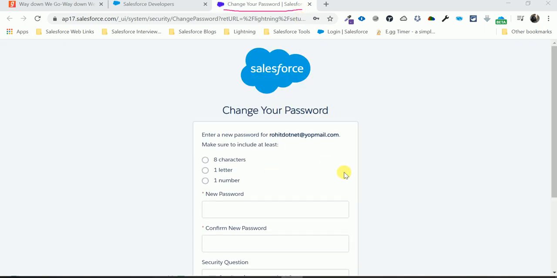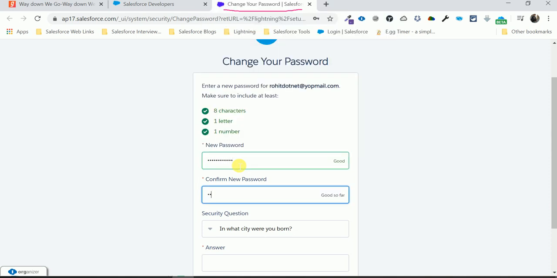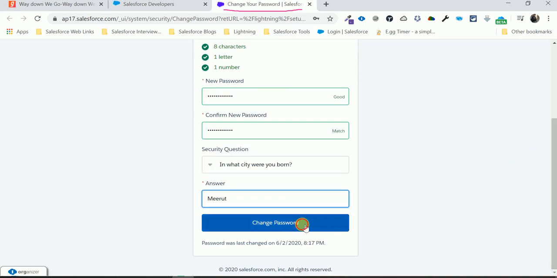So let me change the password. Okay, now change the password.